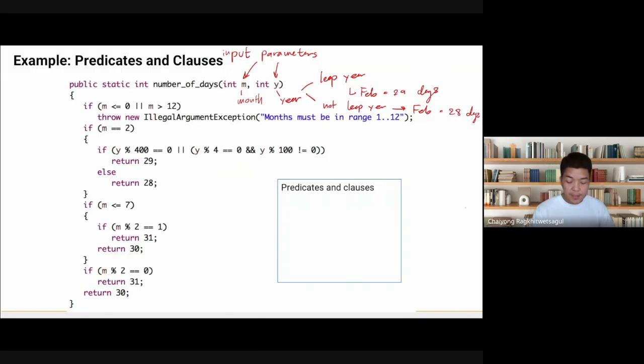If month is less than or equal to 0 or month is over 12, then you throw an illegal argument exception, and we say that the month must be in the range of 1 to 12. If month is 2, which is Feb, we're going to check for leap year. If it's a leap year, we return 29. If it's not a leap year, then we return 28. And the next one is